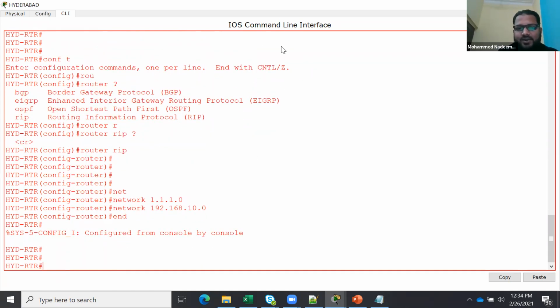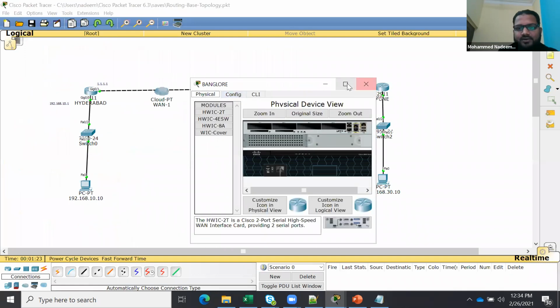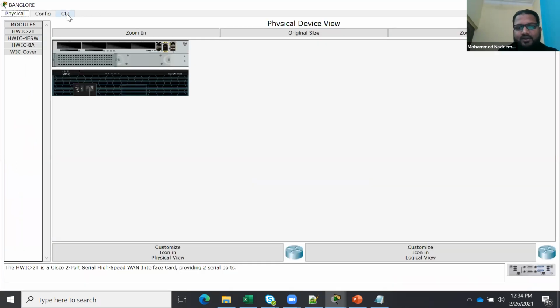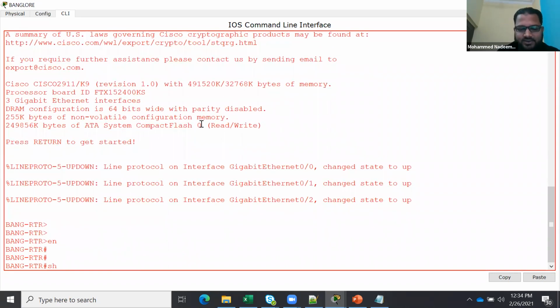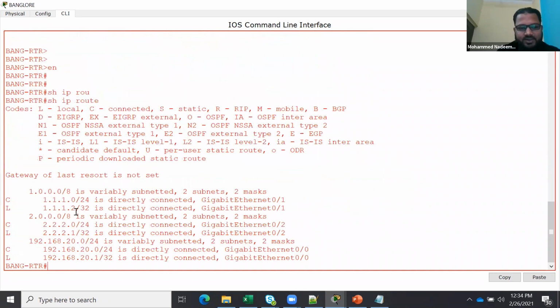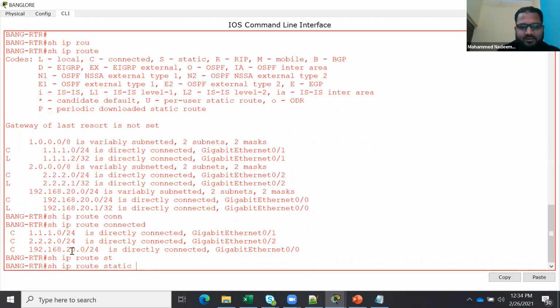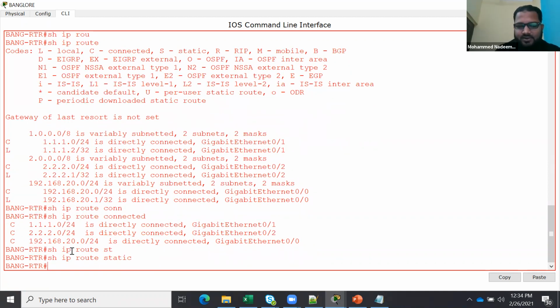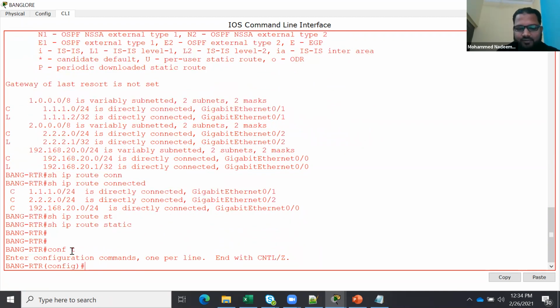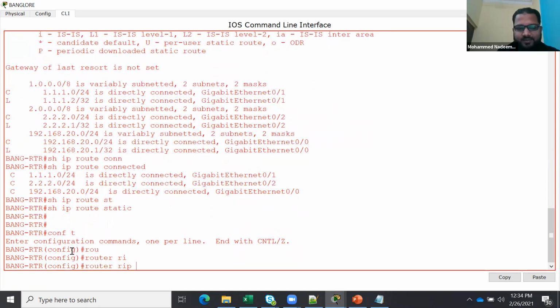Similarly, I need to go to the Bangalore router. Okay, in the Bangalore router, just go and check here. Show ip route. See, there is nothing. These are directly connected networks. If I say connected, I have 3 networks only. I don't see any static connectivity here. Nothing here. So what I need to do is go to config terminal, router rip.